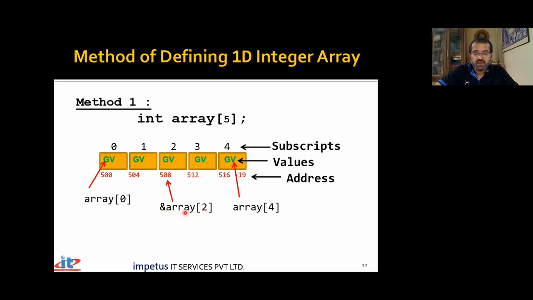Like if I have an integer variable i and I want the address of that integer variable, I say ampersand of i. Likewise, for this array, if I say ampersand array[2], I'm trying to access the second variable of the group of 5, but not its value, which is garbage; it's the address. So the address is 508. And what is the garbage value? What do you mean by garbage value? Garbage value means unpredictable. Why can't you predict it? Because you have not stored anything inside the array.